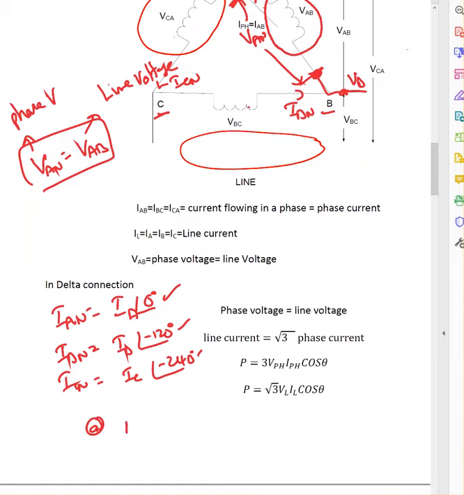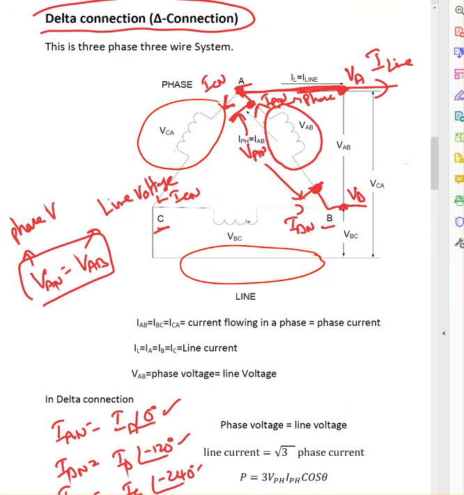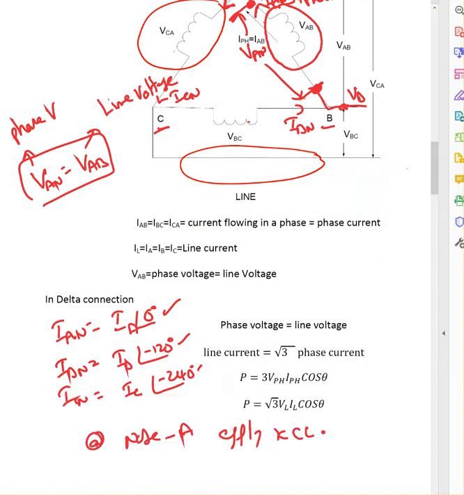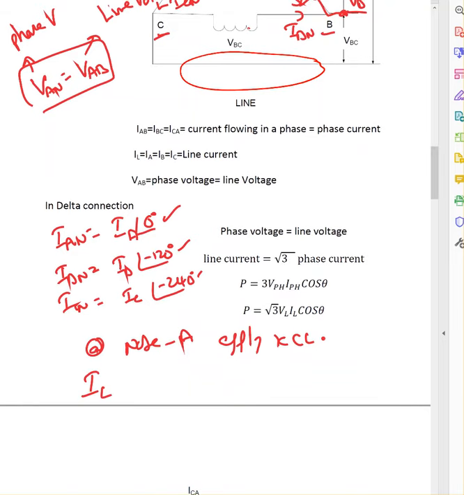So at node A, apply KCL. If I apply KCL here, you can see IL equals IAN minus ICN. So if you apply KCL, I line equals IAN minus ICN. So this is IA at an angle of 0 minus